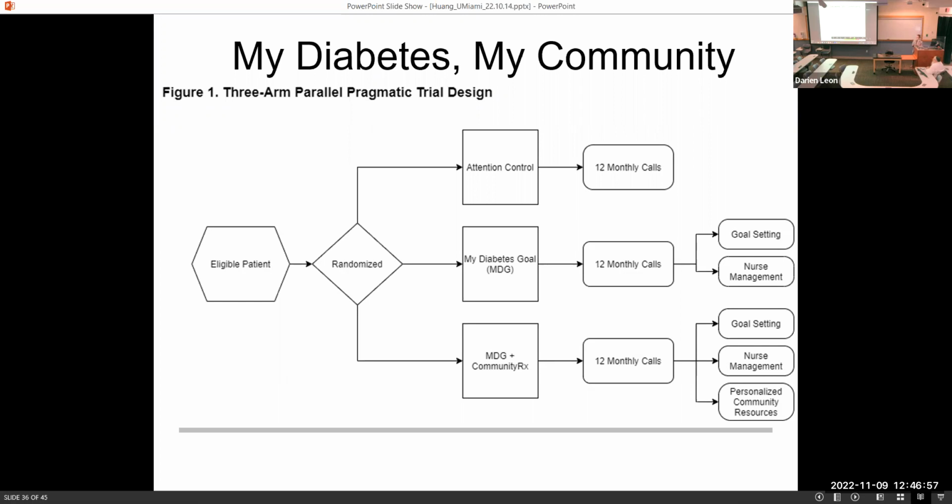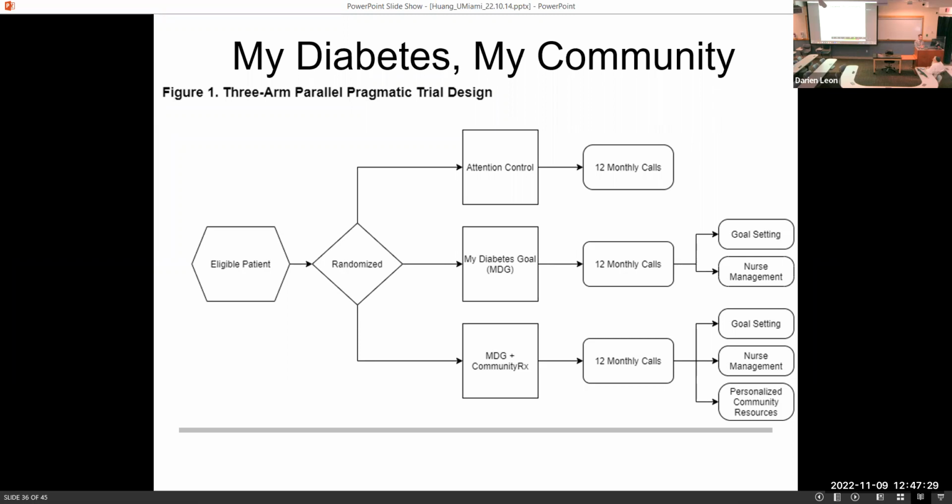It's a 3-arm randomized controlled trial with an attention control arm, and a group that receives something called My Diabetes Goal, which I'll show you in some detail, where people go through a goal-setting exercise. They're sorted into the 3 buckets of the American Diabetes Association guidelines, and then a nurse helps them achieve whatever goal they set at the beginning of the trial. The third arm is My Diabetes Goal plus Community RX, where the patients receive the nurse calls, but also receive additional community resources